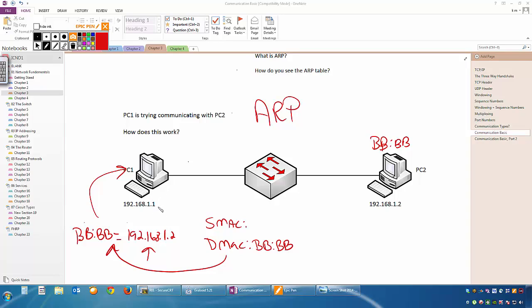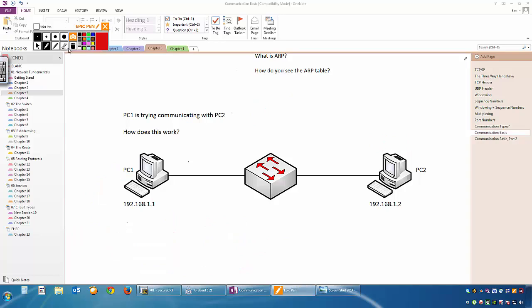Every PC has an ARP table, and it builds its table by matching IP addresses to MAC addresses. Now, when this happens, it has to get the information from somewhere, in some shape or form. This table isn't magical. So let's find out what happens.